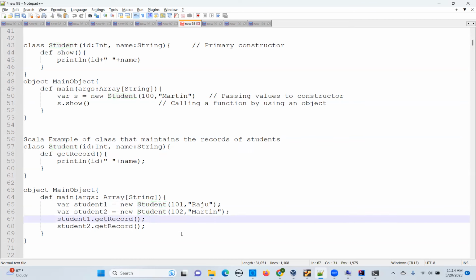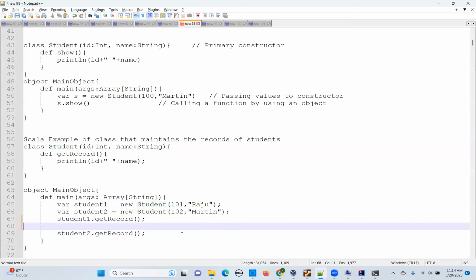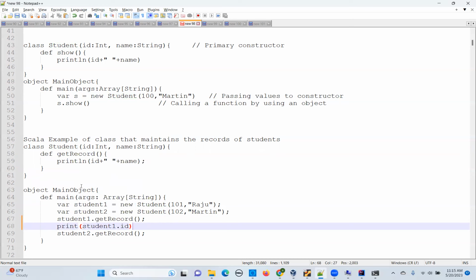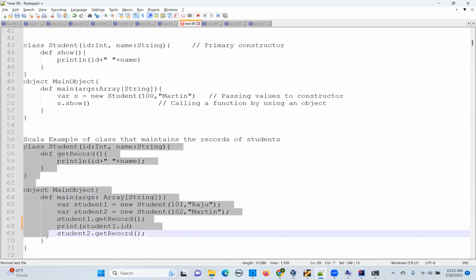You can access student1.id. So it will not complain. So here student1.id will be accessed because it's a no modifier. So when I create this,